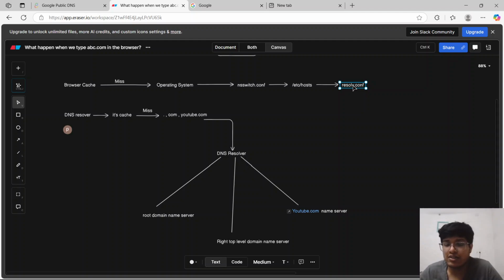DNS resolvers are the machines which take the DNS query, find the IP address of a website, and then give the IP address to the client, who is the person asking for the IP address. Okay. So this resolv.conf file contains the IP addresses of